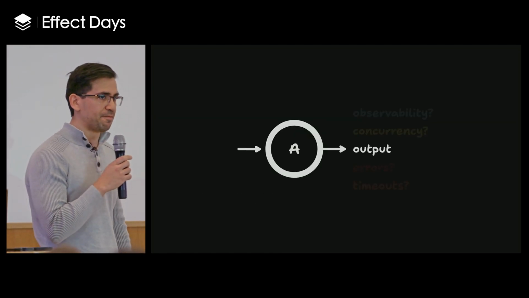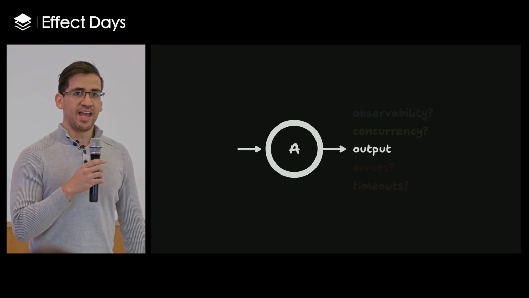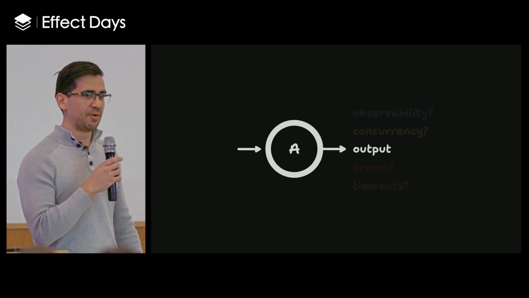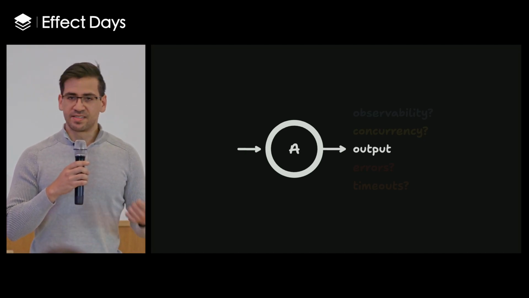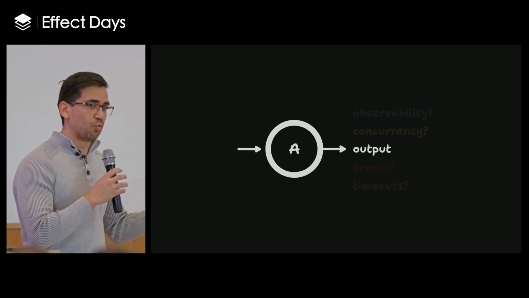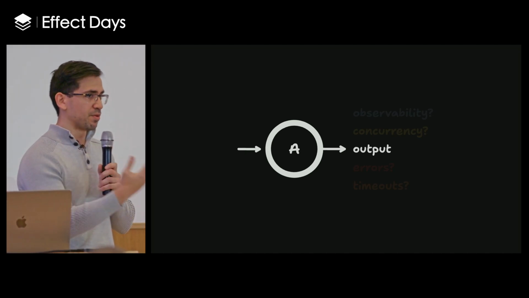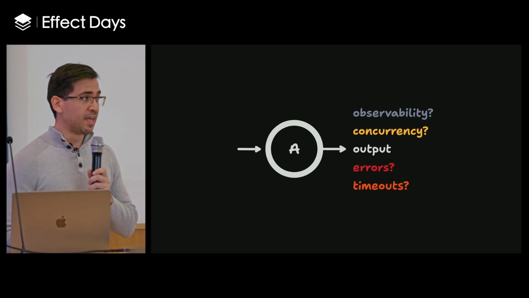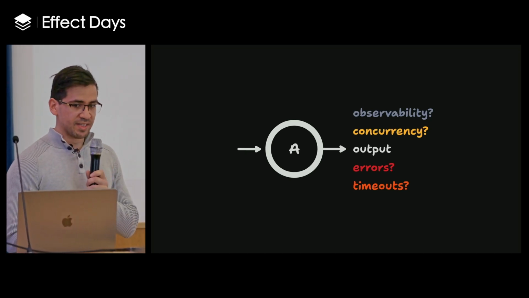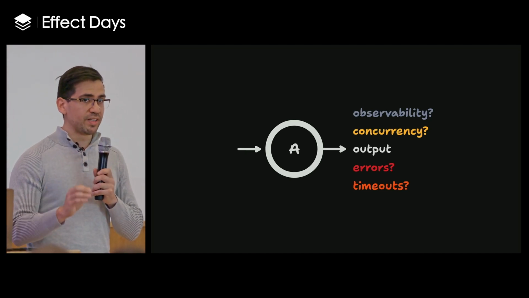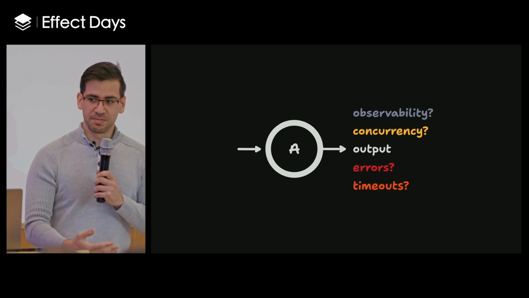Now, when I first learned about Effect, I remember seeing Michael give his original talk, and I thought it was really amazing how you could take a complex promise and deal with things such as cancellation, retries, etc., and just make that really simple and really explicit. Because we know that when you're executing programs, whether they're sync or async, it's not just about getting the output. It's about dealing with everything else too: observability, concurrency, errors, timeouts, etc. And this is what I really appreciate about Effect, where it's forcing developers, you all, to think about these problems up front.